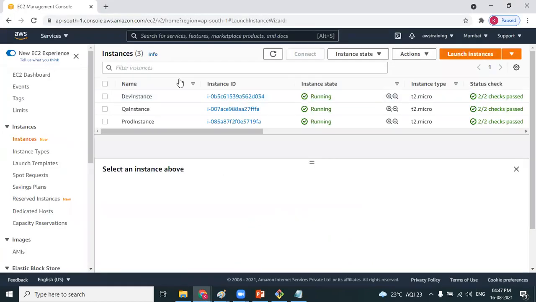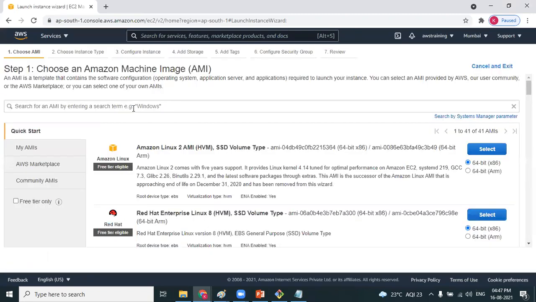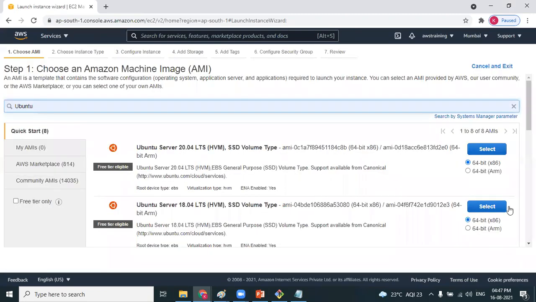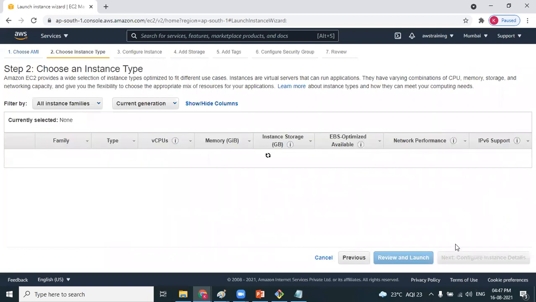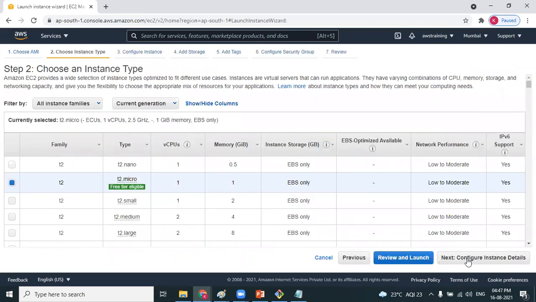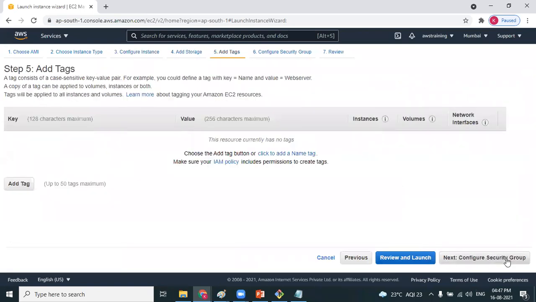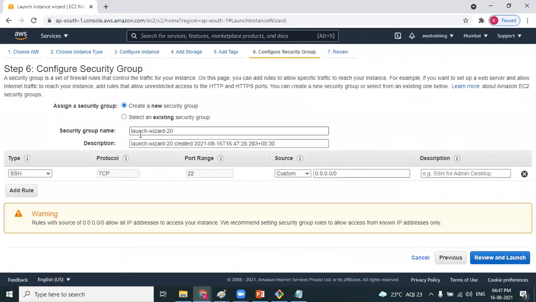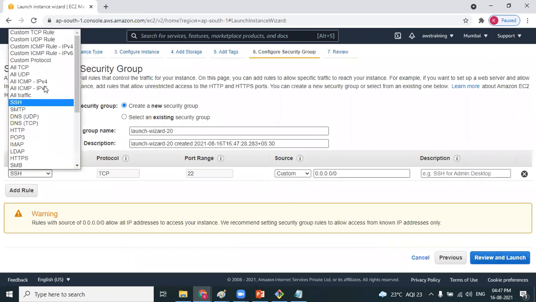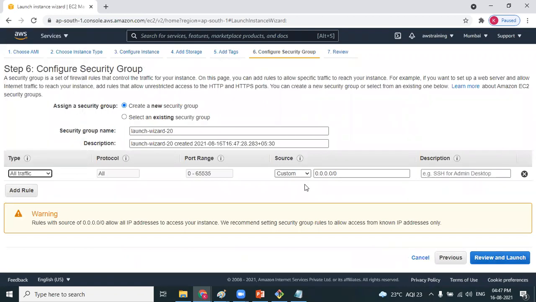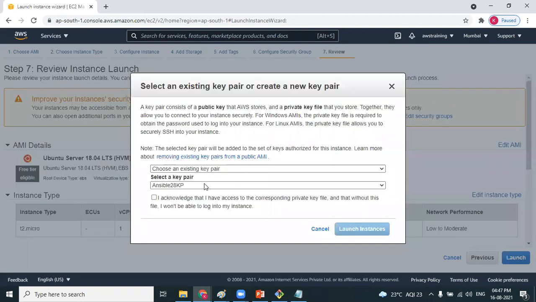Launch instances. I go with Ubuntu 18, t2 micro instance. I want only one instance, which comes with 8 GB of storage. Next, security group. Okay, no issues. I go with all traffic, anywhere. Review and launch. Click on launch. Create a new key pair.